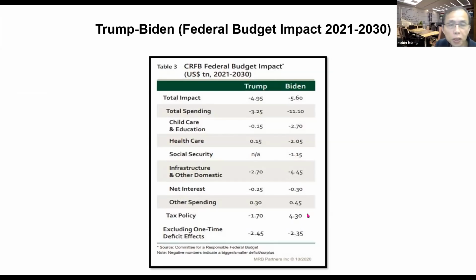All right, which means a lot of green energy stock is going to continue to outperform, and a lot of infrastructure is going to continue to outperform. So when Donald Trump is in power, a lot of his monetary policy is geared towards holding up the U.S. stock markets. But Biden's policy, a lot of it is geared to be